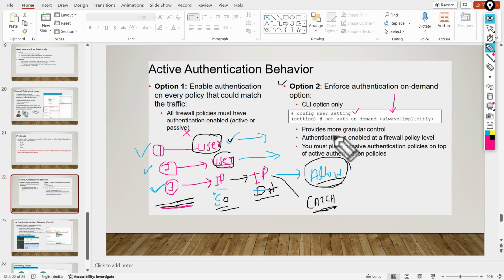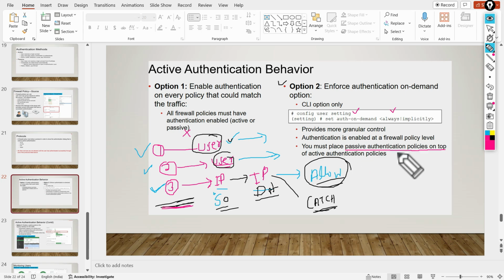What are the benefits of it? It provides more general control. Authentication is enabled at the firewall policy level. You must place passive authentication policies on top of active authentication policies. What will be the order of authentication here? Passive authentication policies are placed on top.